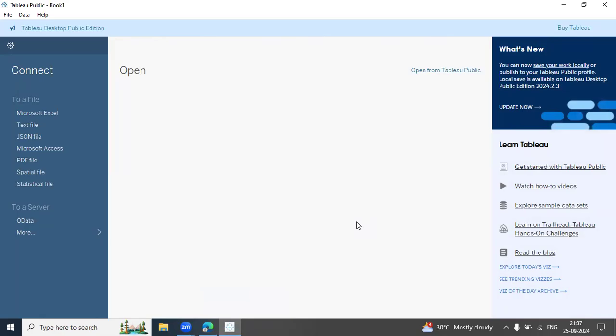Before getting to connect or open, let me get to know the learn Tableau part basically. What's new? So here you can save your work locally or publicly. If you want to use your Tableau as a public profile, you can publish it for the public as well. So local save is available on Tableau desktop.